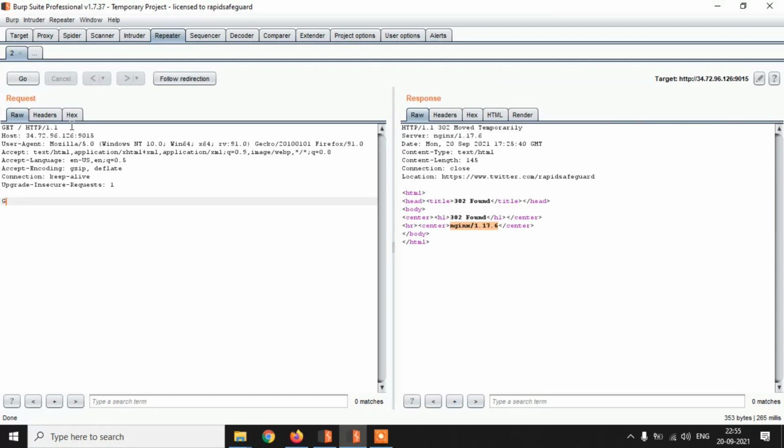Firstly, we need to change the connection from close to keep-alive, give the exact GET method with the host vhost or localhost, and send this request.